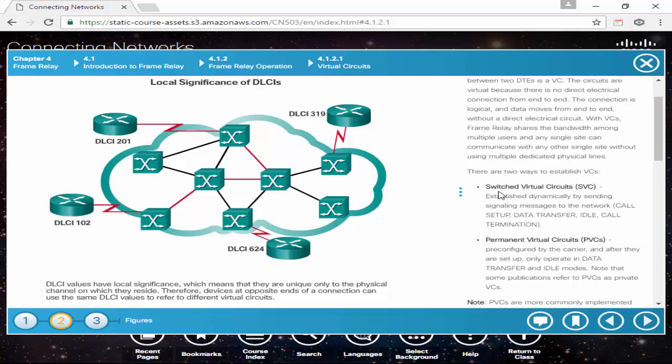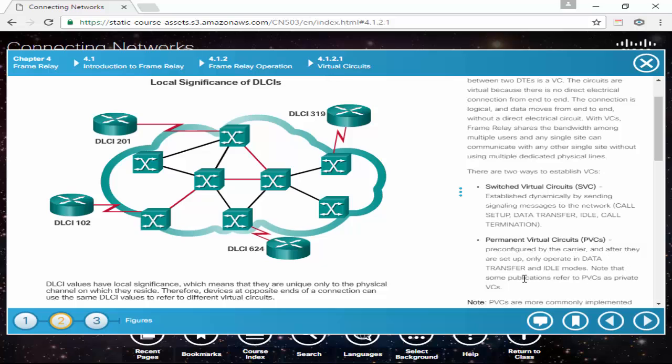Anyways, but before we do that, switched virtual circuit. This is probably our most common because it's easy to set up. This is where we just say, hey, on this interface, the internet service provider can give you a similar thing, so where you can form your own frame relay cloud. So this SVC, again, establishes dynamically. So when we see SVC, we say dynamic, as in it just picks up the DLCI if we set our encapsulation frame relay. Then we have PVCs,